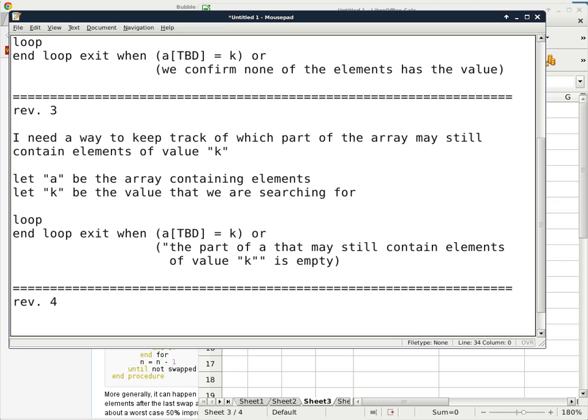Okay, I'm not looking at the overall algorithm at this point. I'm not saying how do we compare. I'm just saying how do I keep track of this portion. Okay. So in revision 4, I just solve the problem. So what we'll do is we'll introduce two variables in this case. So I have variable B, the